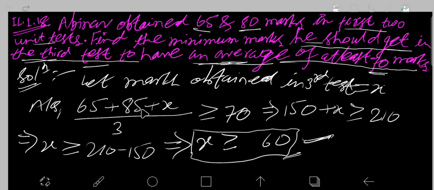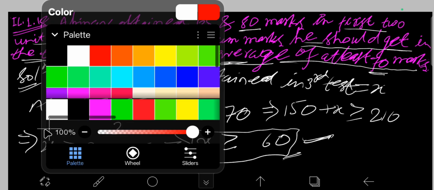He can also achieve more than 60. Okay, next, this is our answer. Thus we write the minimum marks is 65 to have an average of 70. This sum, I think, is 85. No, here it is 80. Yeah, so we made a mistake here. Okay, sorry.